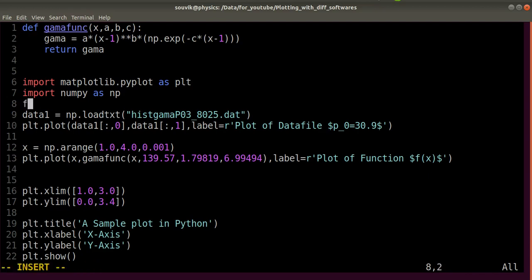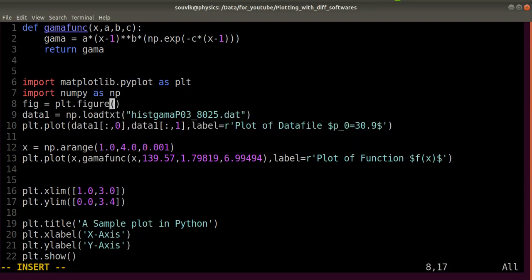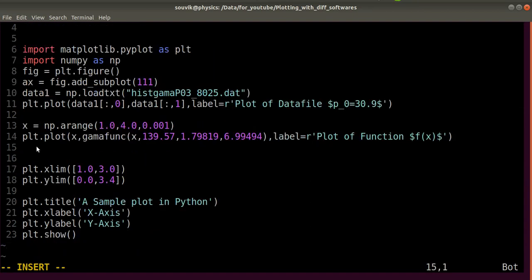So for that what you have to do is the following. Let's say define figure equal to plt.figure, and first bracket open and close, and then ax equal to figure.add_subplot 111, right? And then you have to put the legend, which is legend equal to ax.legend.